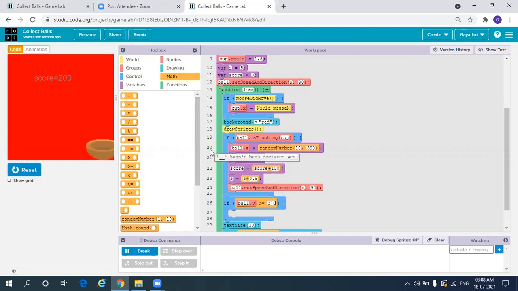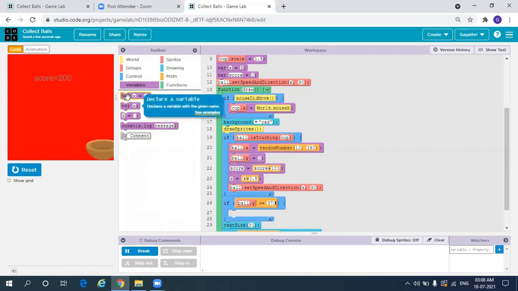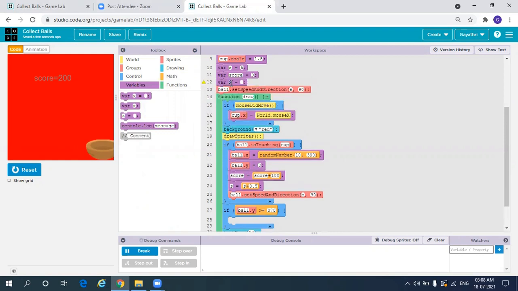Then we need to write game over, right? For that, we'll take a variable. We'll declare it here. We'll use the variable c for this. Variable c is equal to, initially c will be 0. We'll make c 1 if it is a miss. C is equal to 1.